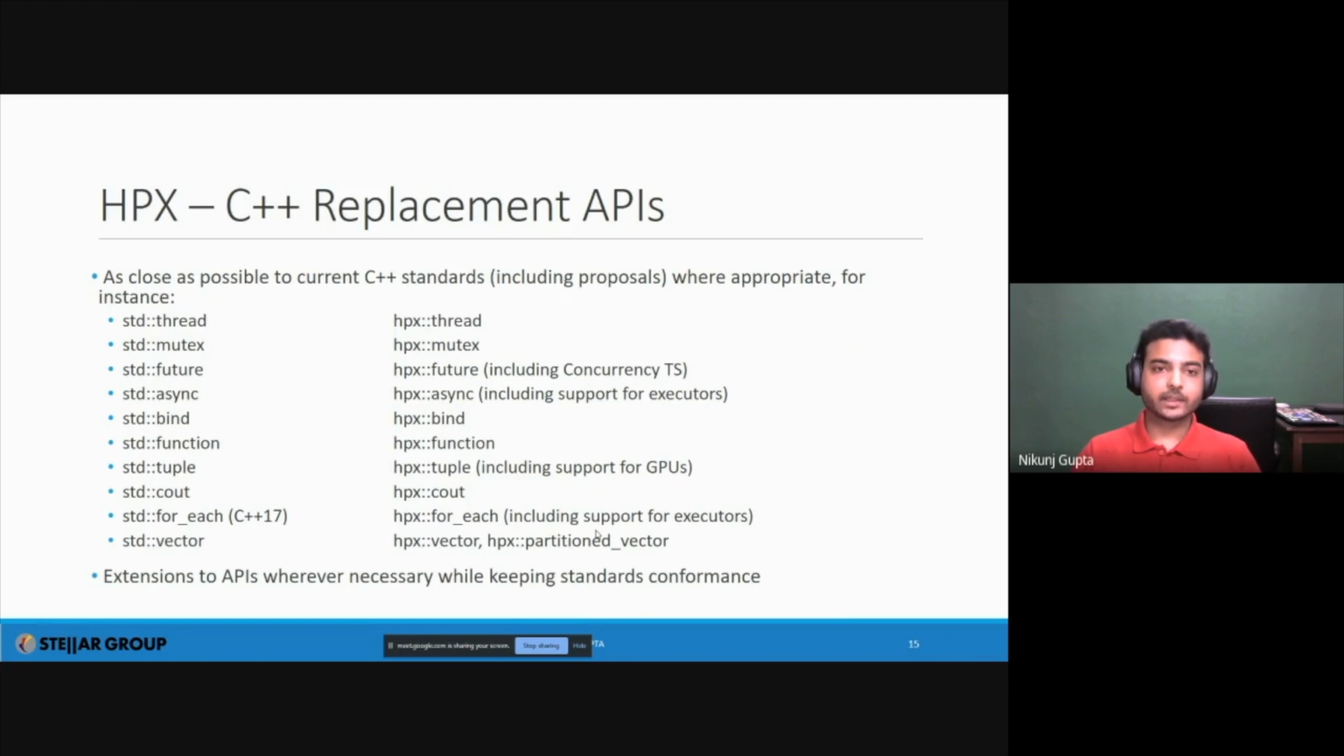Now, as I just said, we have a lot of replacement APIs in HPX for the C++ standard, and we try to keep them as close as possible to the current C++ standard, and we also extend those to the proposals that are in C++. So for example, what we have in C++11, the stored future, is not as powerful as the one in HPX, because we